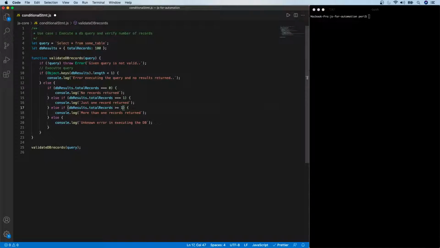I'm going to say this more than 1. But if none of these blocks match, finally it's going to execute the else, and then some unknown error occurred. But generally what could be the case? In case of not a number, because we are all using the triple equal, which means a strict equality comparison, if it is not a number type, again this is going to throw the last portion of it. That's the intention.